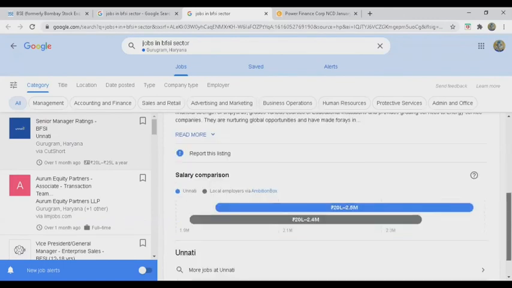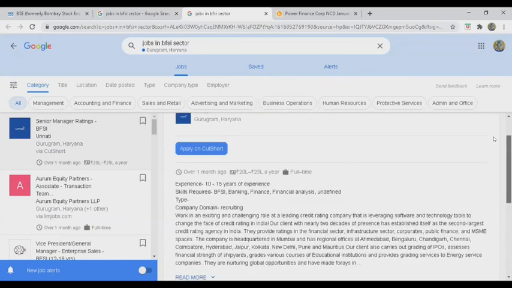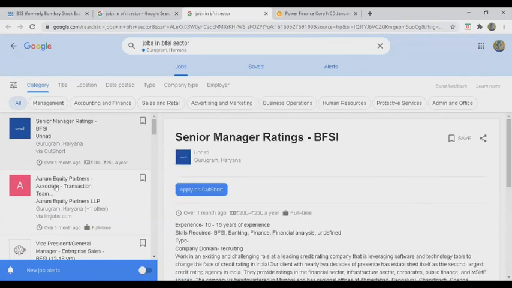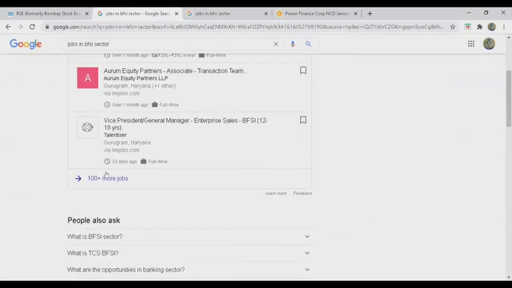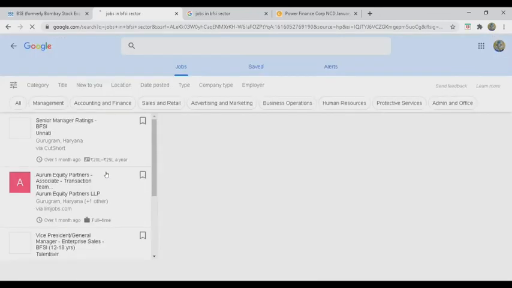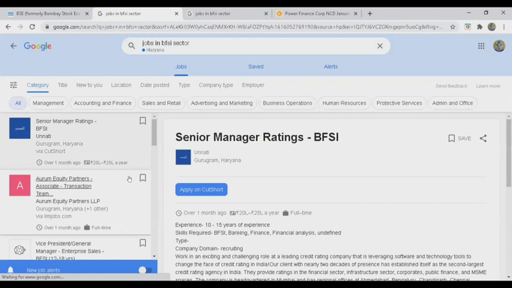What are they offering? Salary is between 20 lakh and 25 lakhs per annum. Okay, maybe I'm not going to the detail here, but probably they are doing that. Or equity partner, vice president, general manager, enterprise sales. Let's go back to this page once again. Let's see something more. Okay, this one is for senior positions again, and there would be more jobs definitely. So you can actually go to these different job sites and find out what is going on. What are they offering right now?